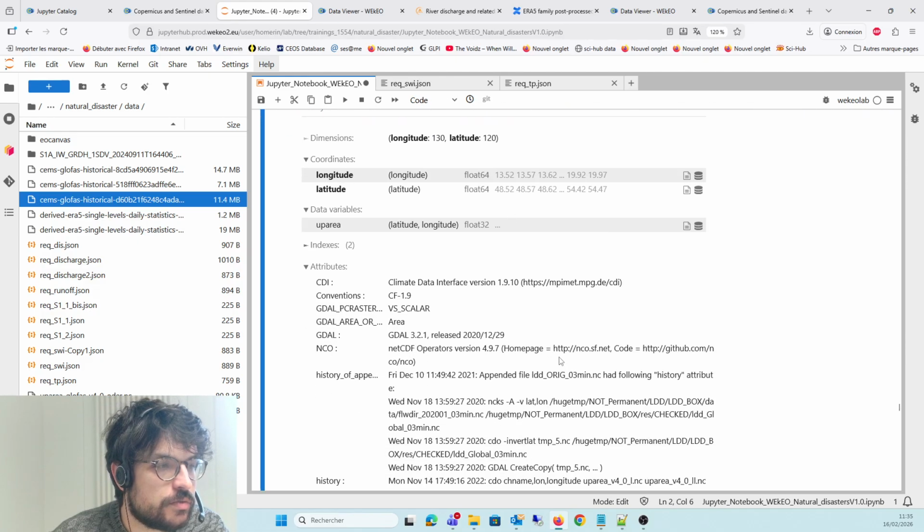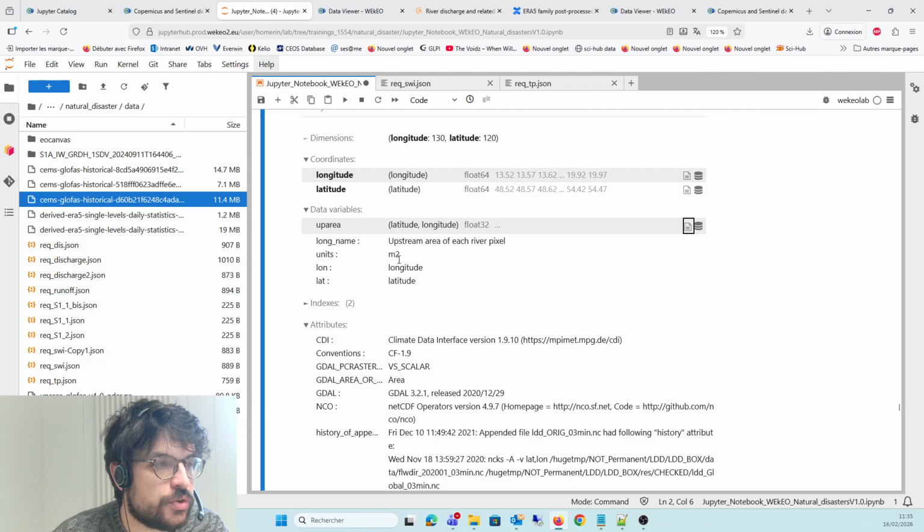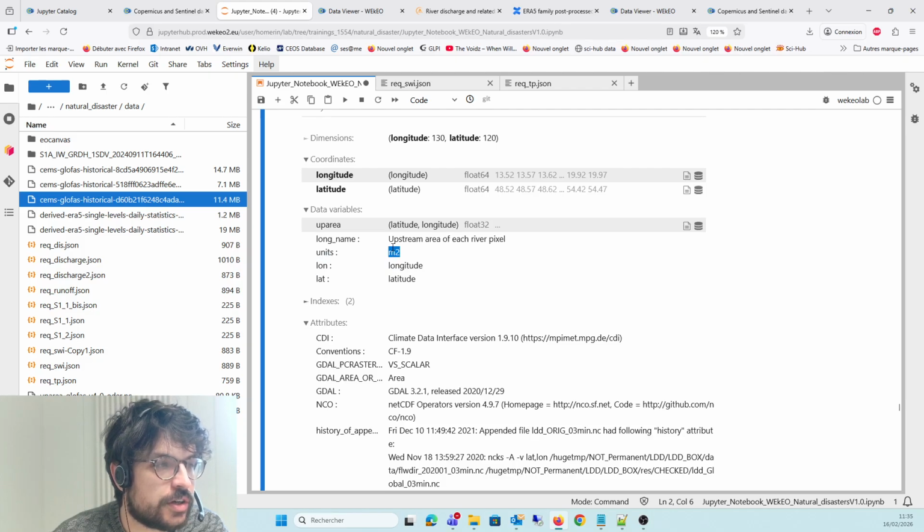Of course, the unit of each upstream area value will be in square meters, and so if we only keep pixels that have a very wide area that flows towards them, it will only give us pixels that belong to the main arteries of the Oder river.